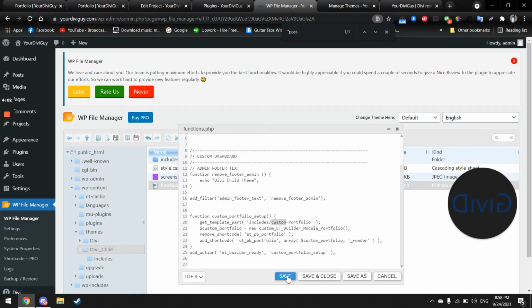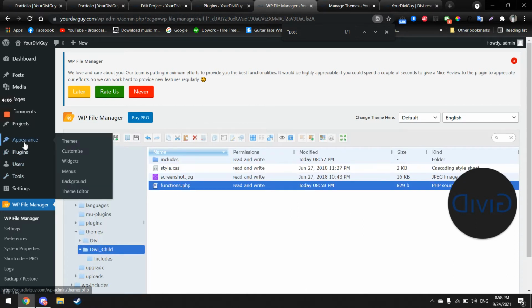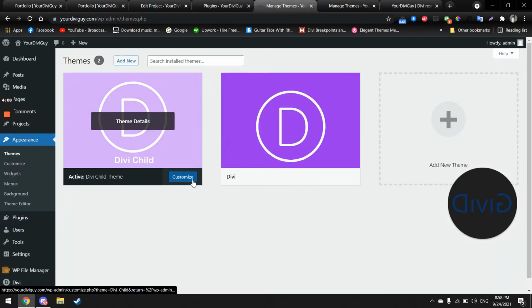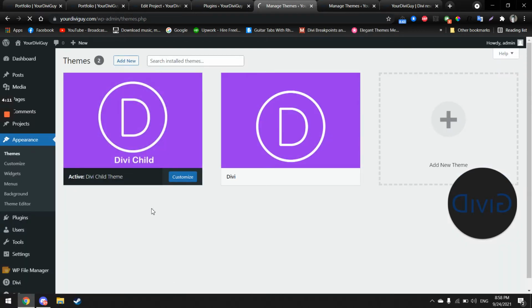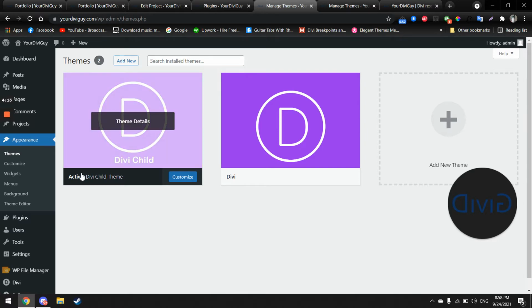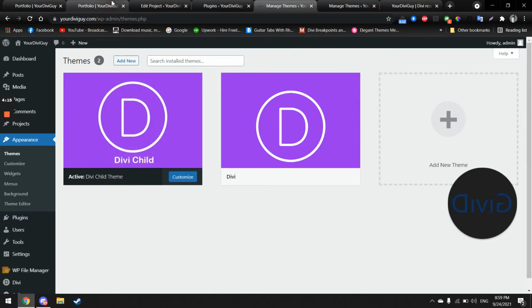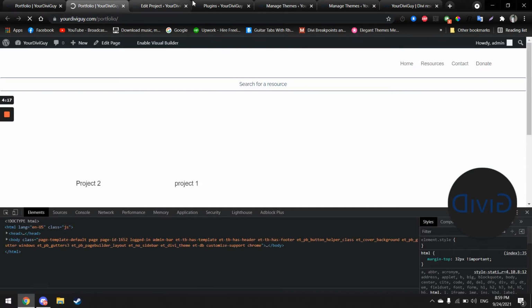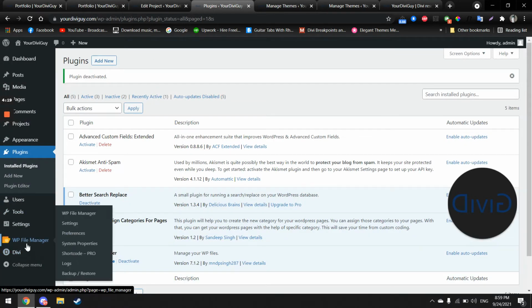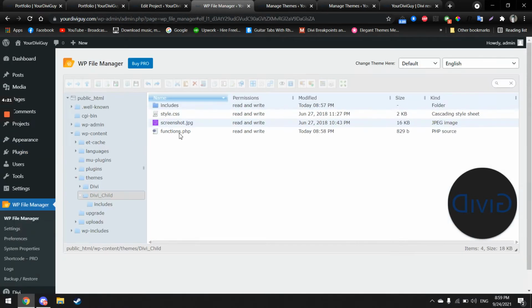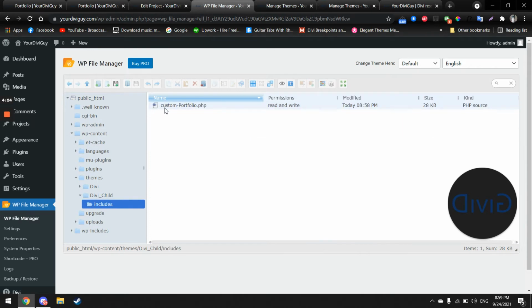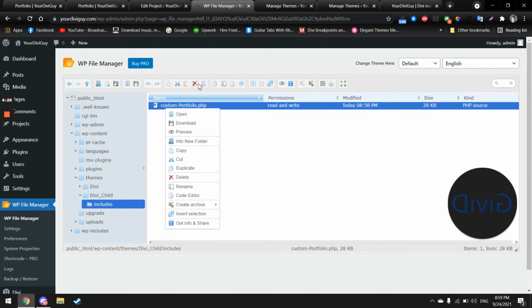I'm always having doubts whether this plugin saved my change or not. So let's go to Appearance and activate our child theme. Okay, it's already activated, sorry. I probably did not refresh the page. Never mind. So we have our portfolio here, and if we go to file manager and edit our custom portfolio module, the custom-portfolio.php file,